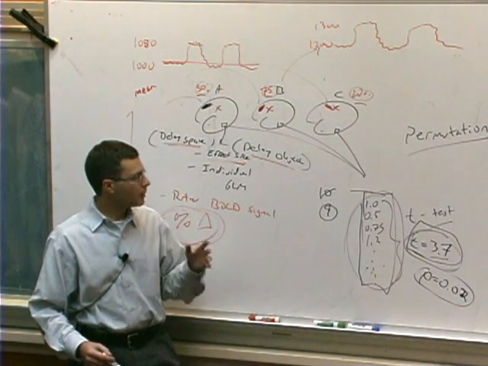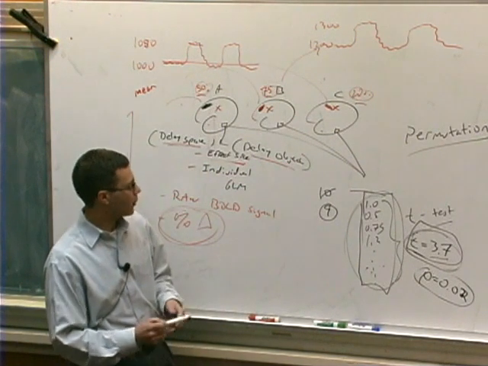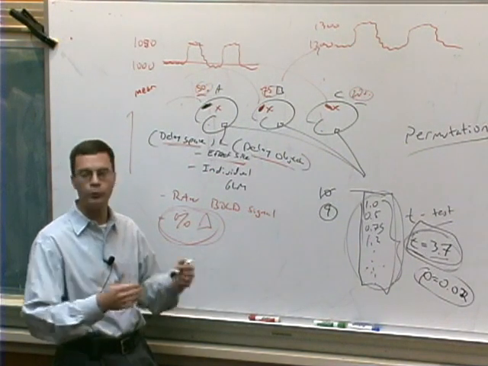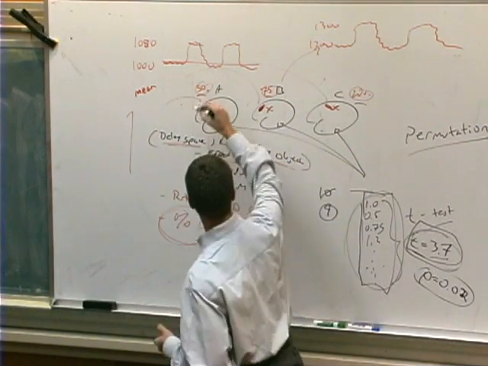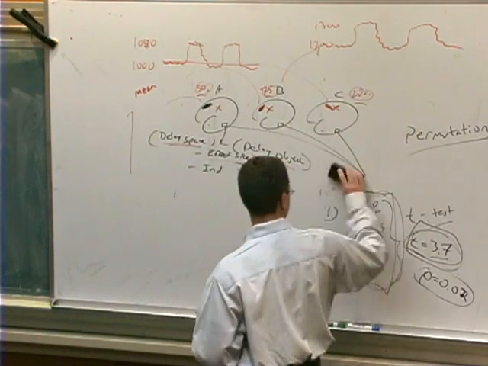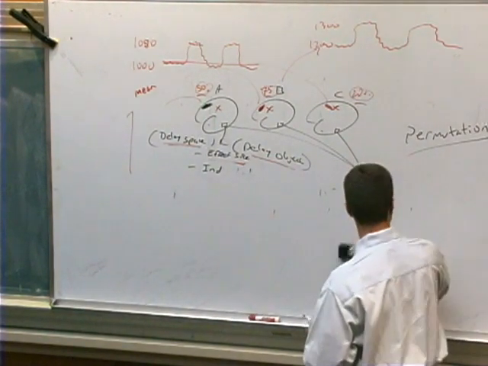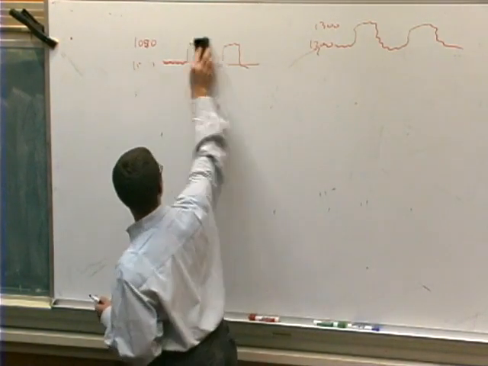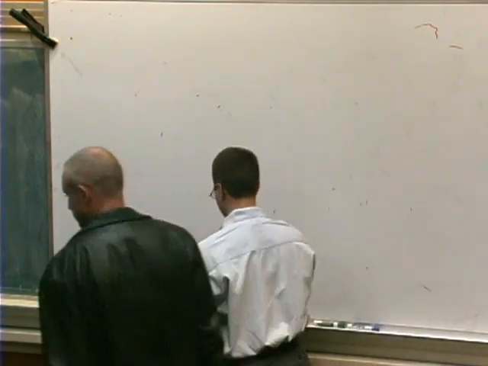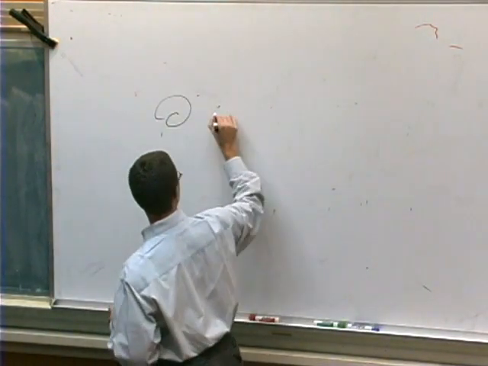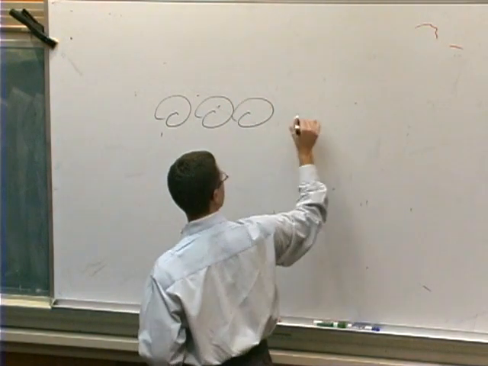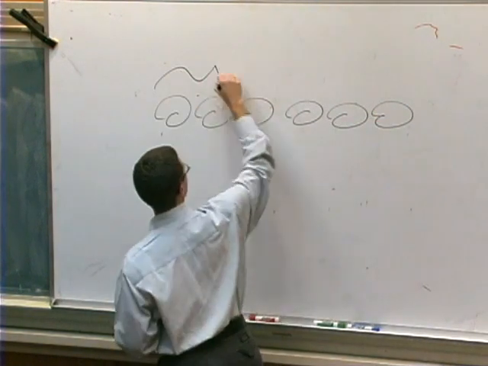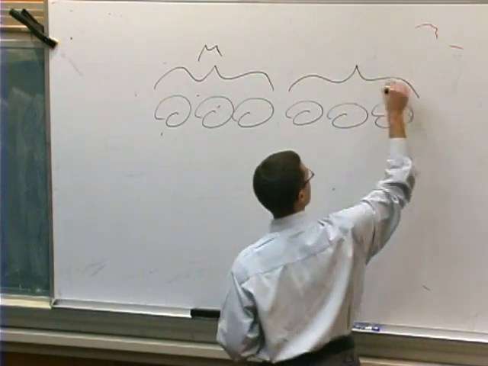Let's see. Probably the easiest way to think about this is to start with an example where instead of having just one measurement from each subject, you have two sorts of populations. You have two groups. Let's draw this out. Okay, so imagine you have two groups. You have men and women, and you're doing a test looking at working memory in men and women. Okay, so here are your male subjects. Here are your female subjects.